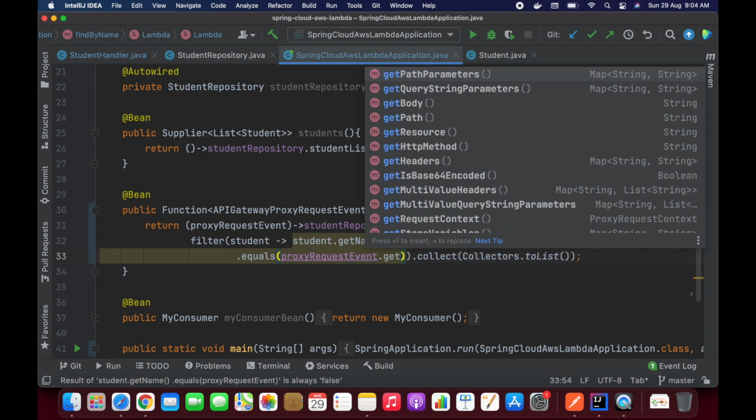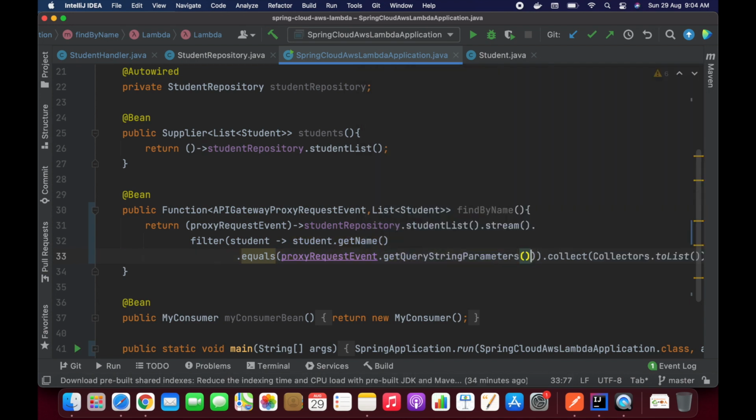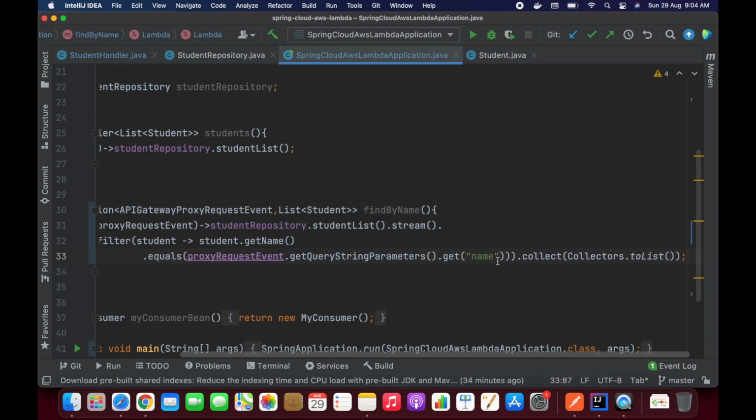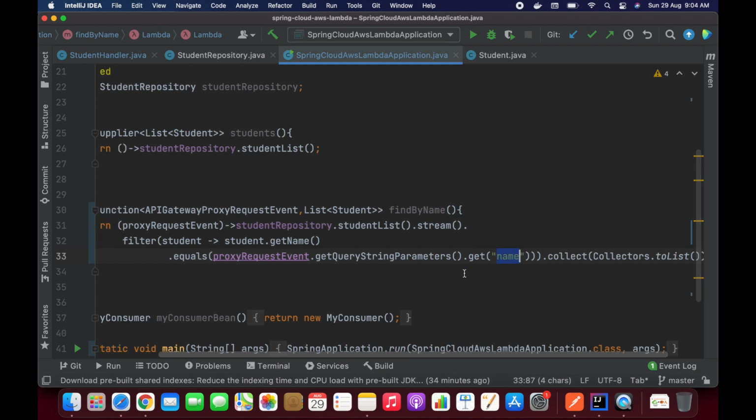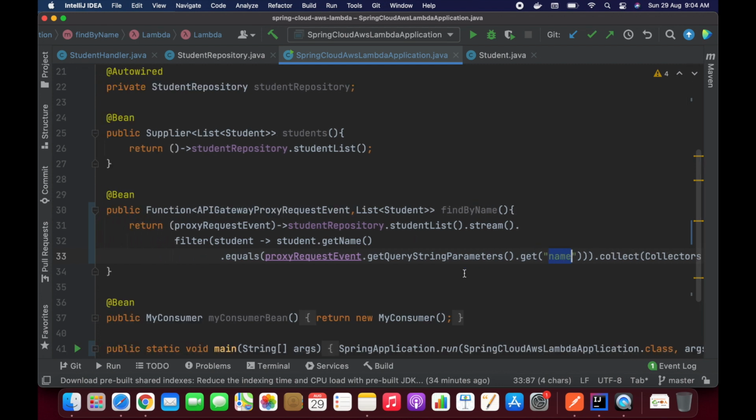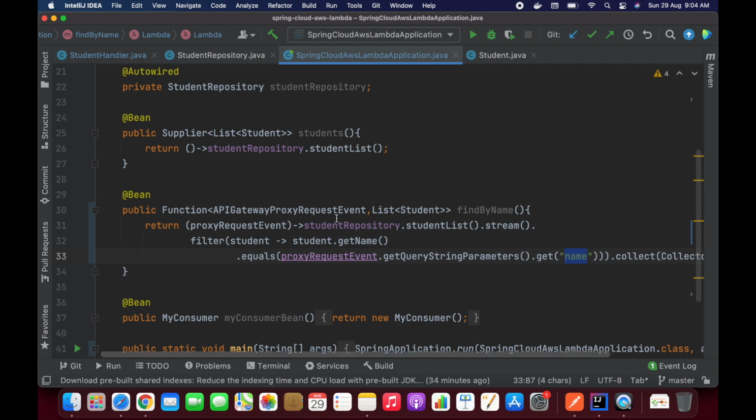This will have query string parameters, so you can provide some name here. If I provide the query string parameter as Tom or Ran, that student's data has to be returned here. That's it. This is working with the APIGatewayProxyRequestEvent.